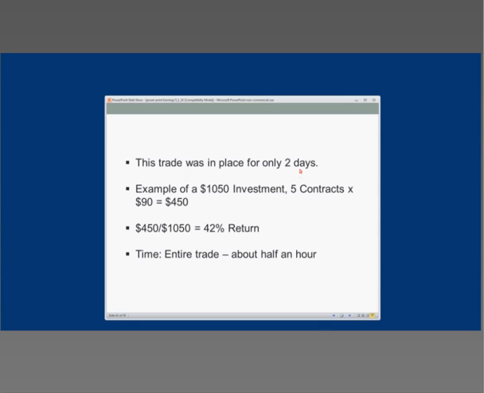So, this trade was placed 2 days. Say if you had $1,050, 5 contracts on that, $90, that's $450 in 2 days. It's not too bad. And just looking at it from a return on capital, that's over 40% return. So not bad at all, and that's taking advantage of what the market's given you, high volatility. And if you want to participate in earnings rather than being on the sidelines, this is one of the things that you can do. So it only really took about a half an hour, maybe an hour at the most,